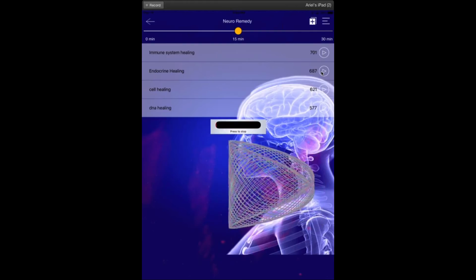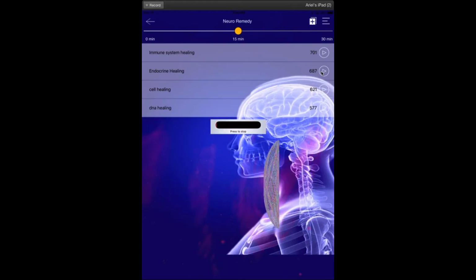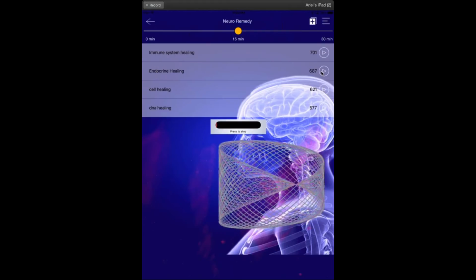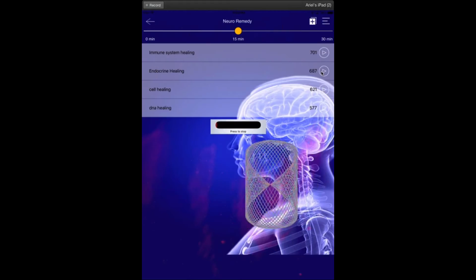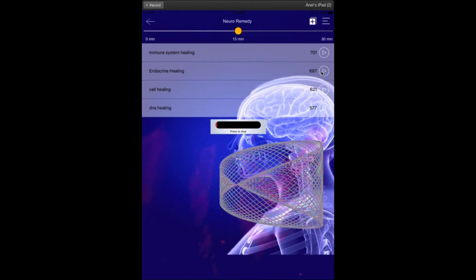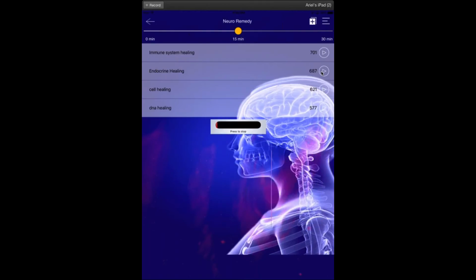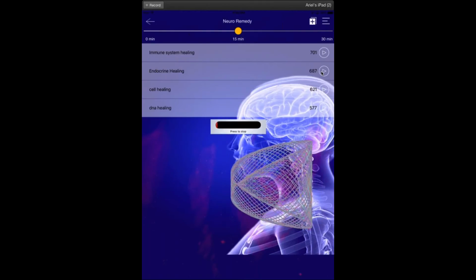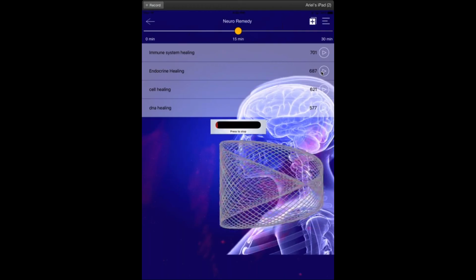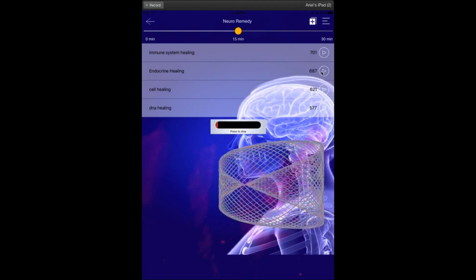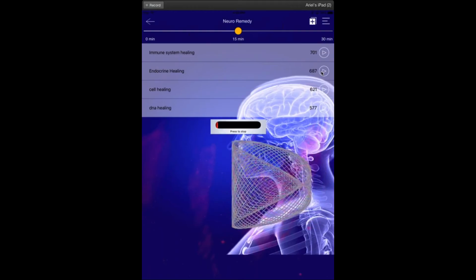How long you play is completely up to you. I tend to do these longer, because it's almost like a mantra or an affirmation, Dolores. So I really feel that a long time for these, 15 minutes, 20 minutes, or even 30 minutes, is the most powerful way to go. I would say longer rather than shorter, because we're really trying to repeat and repeat and repeat that sound frequency to entrain it into the energy field.